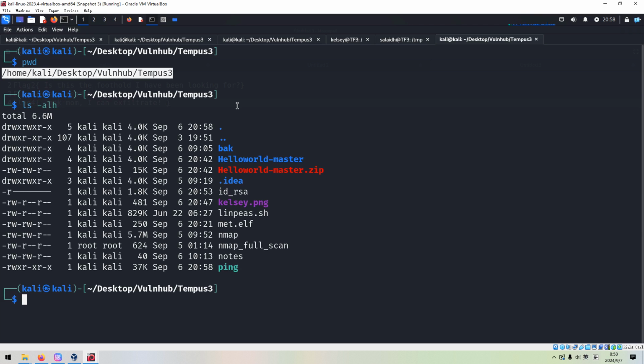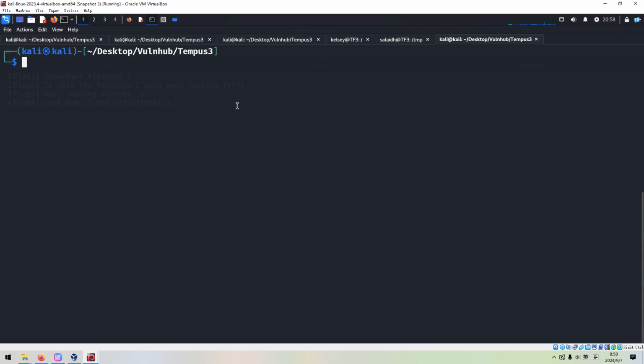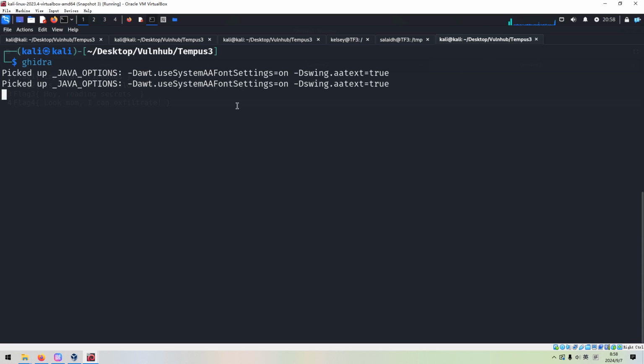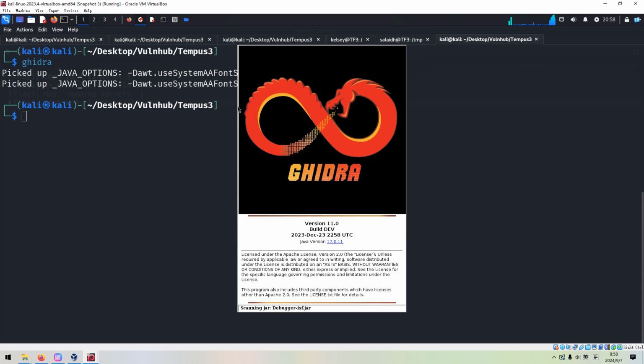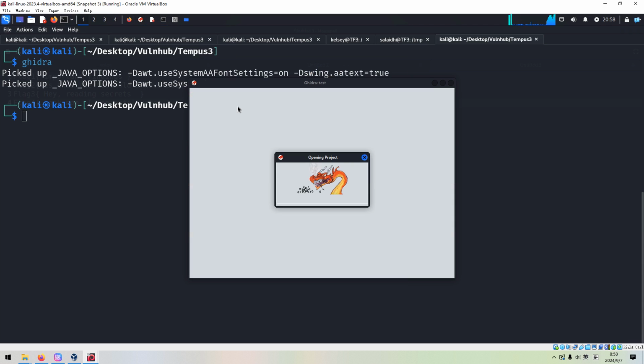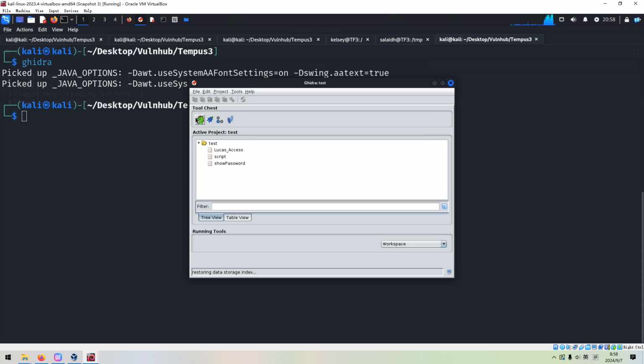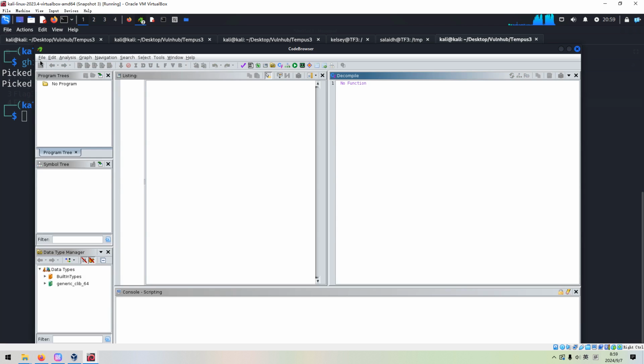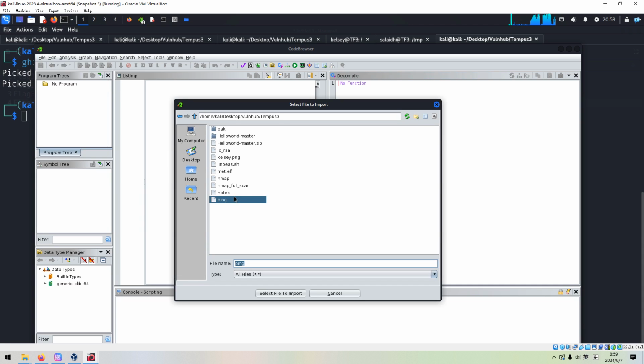Okay, it's done. Next, we can launch Ghidra to reverse engineer this binary. We can use the code browser and then import the file to analyze.